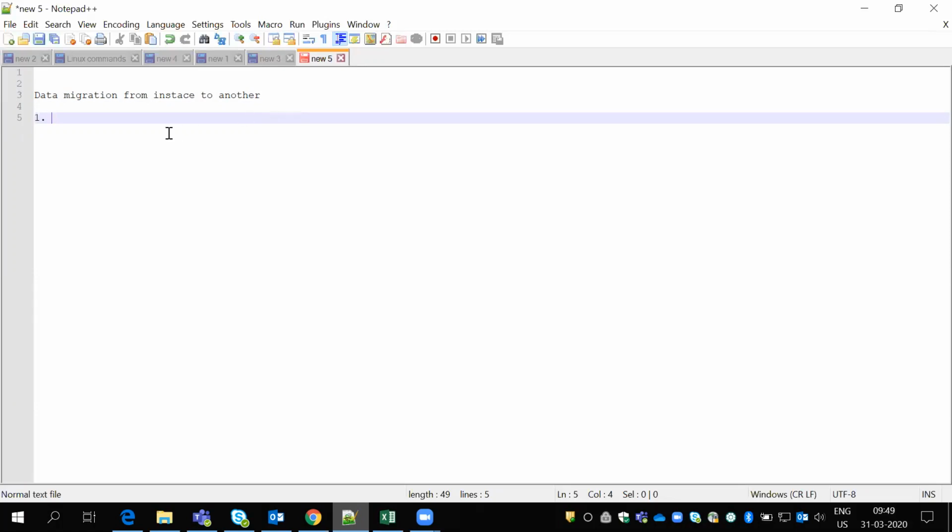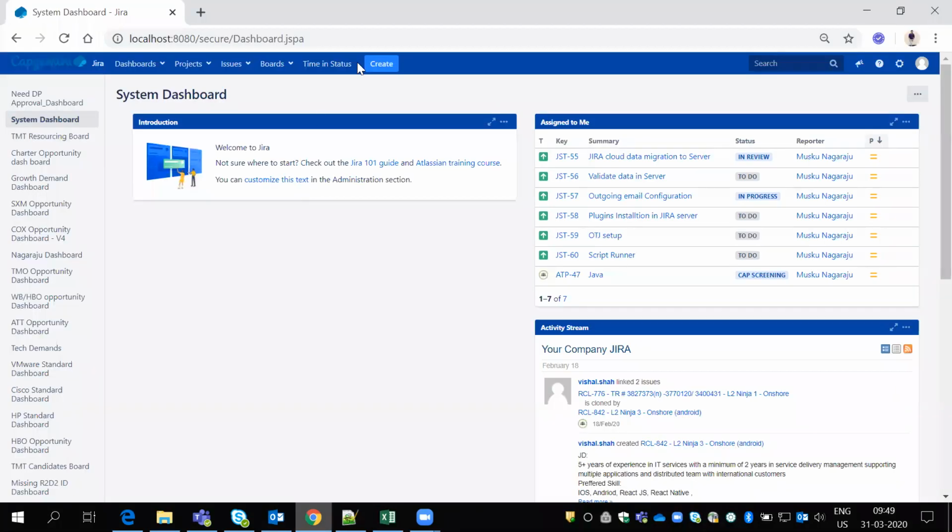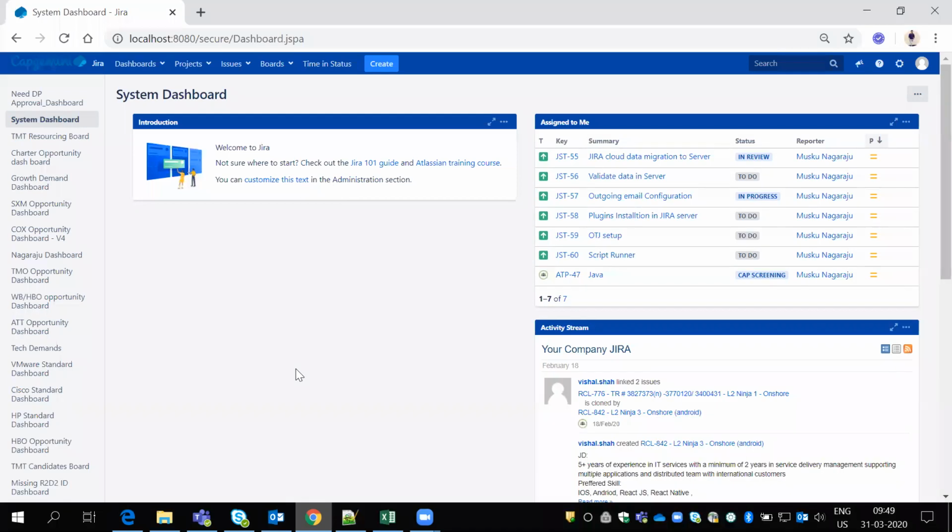Sir, but in the server also the same things will be stored, right? I think they'll maintain two different versions, two different stores. What we are doing in Jira, the projects and all, will be stored in the server, right?